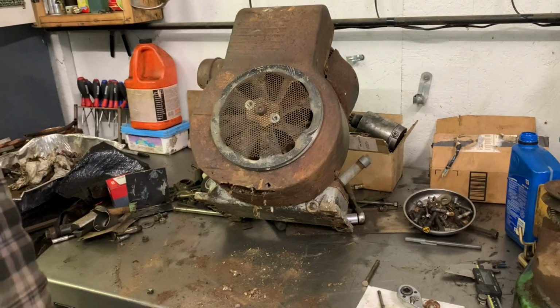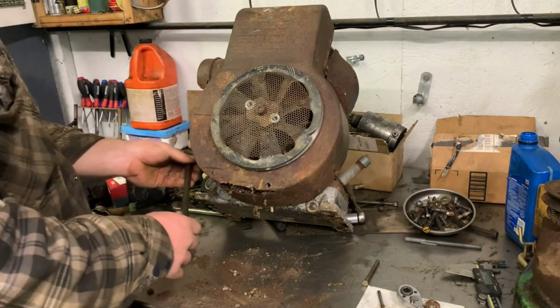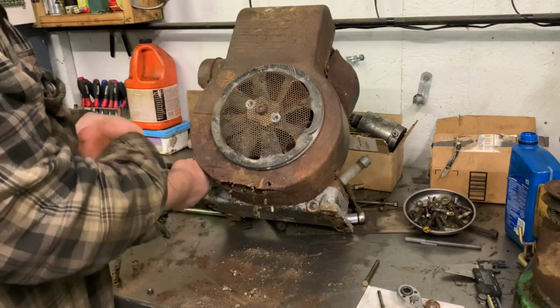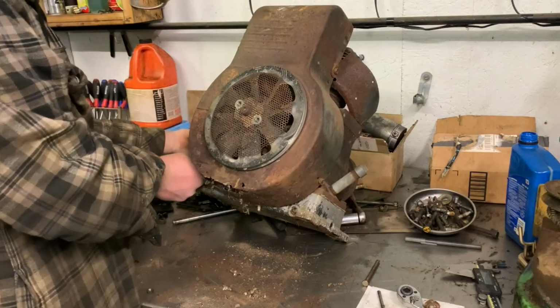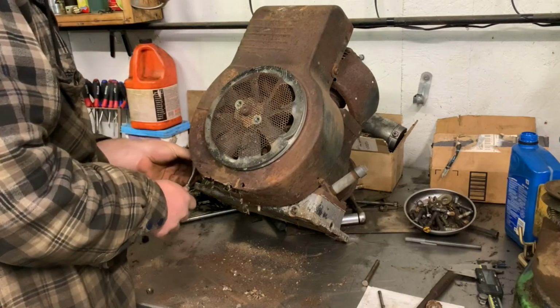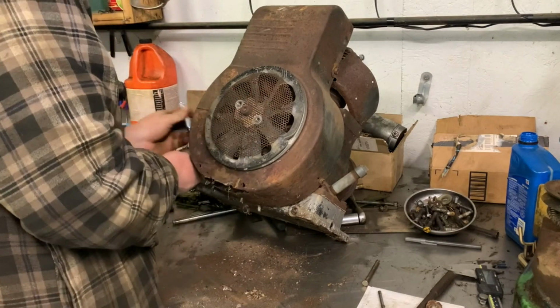May save them, maybe. Let me grab a 7/16 socket. Let's see if we can get that front off. I was trying to get these off here earlier, but I couldn't get them while it was sitting in the frame, so it made it difficult to get on them. However, now, since it's sitting here, we can hopefully get them out easier. Probably want to ratchet instead of that. Yeah,